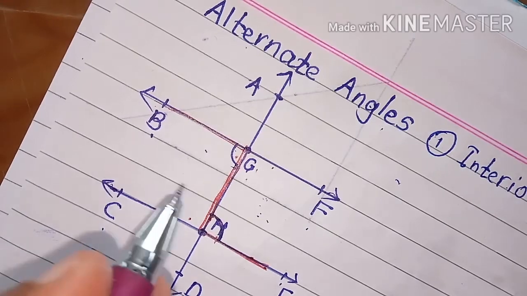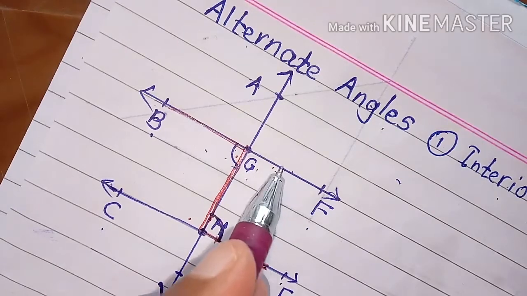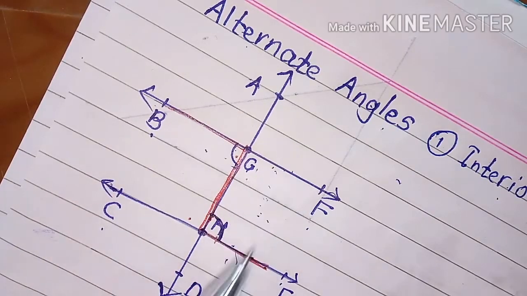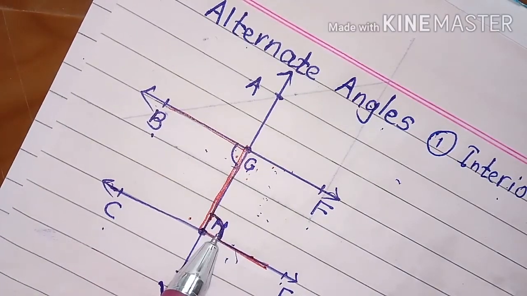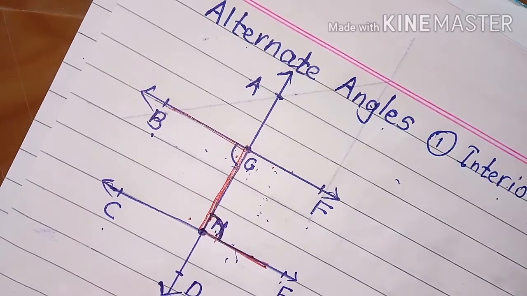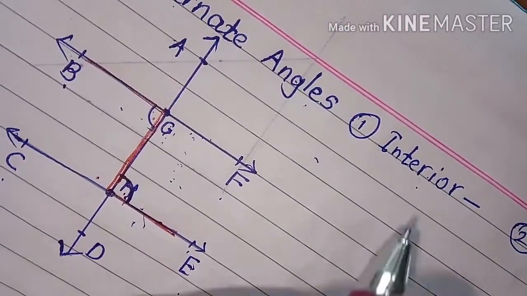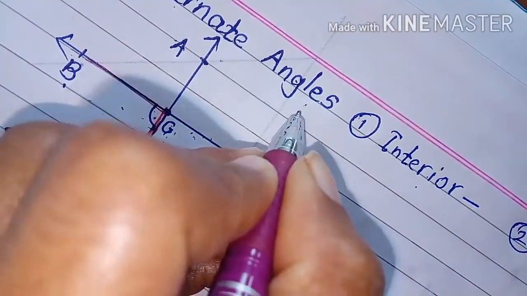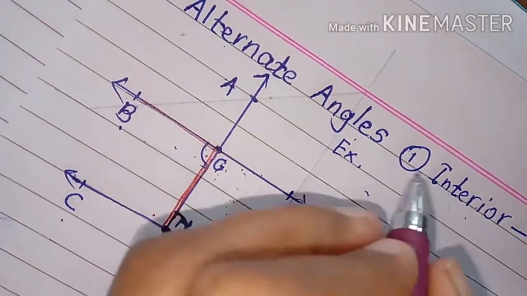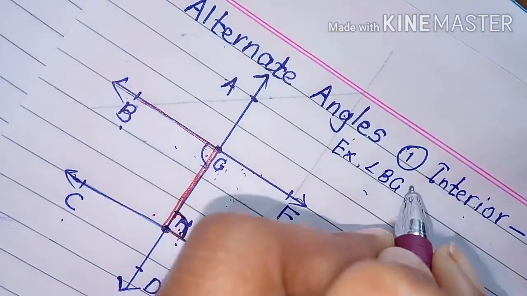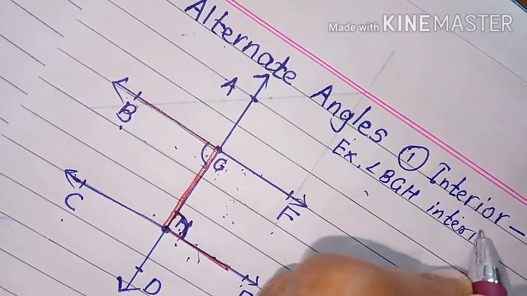Now in this diagram first see interior. Interior means inside of the parallel lines and exterior means outside of the parallel lines. Here angle BGH is opposite to angle GHE. First of all we have to write the pair of interior angles aside here. First pair in the diagram: angle BGH, interior